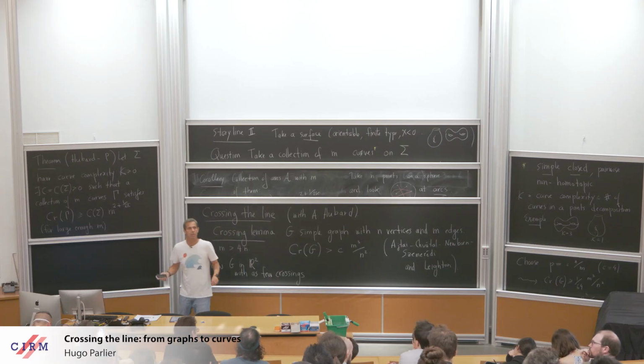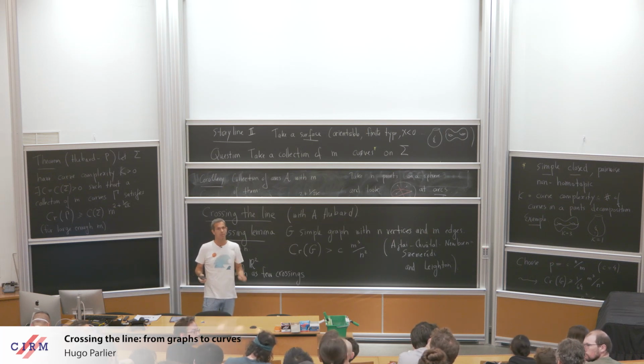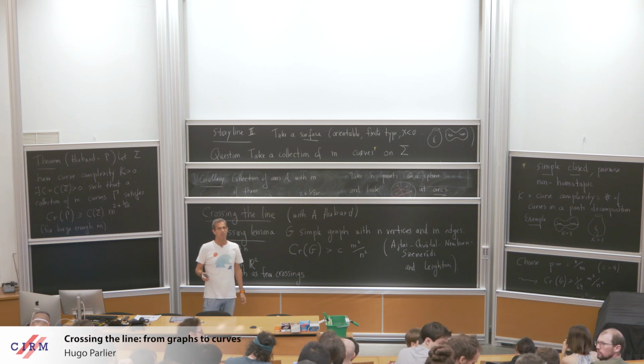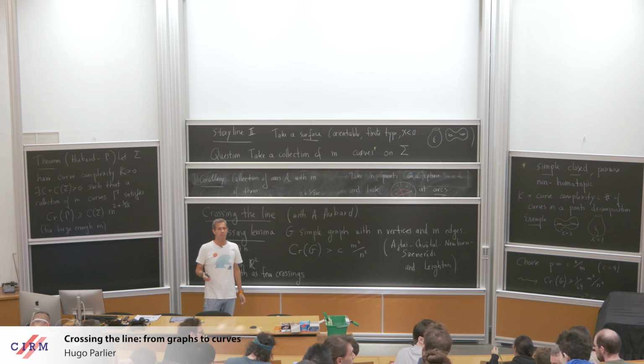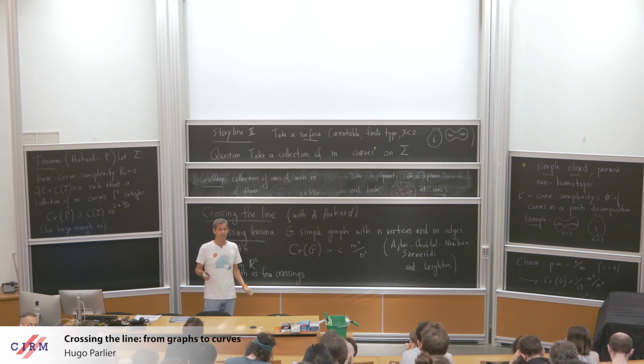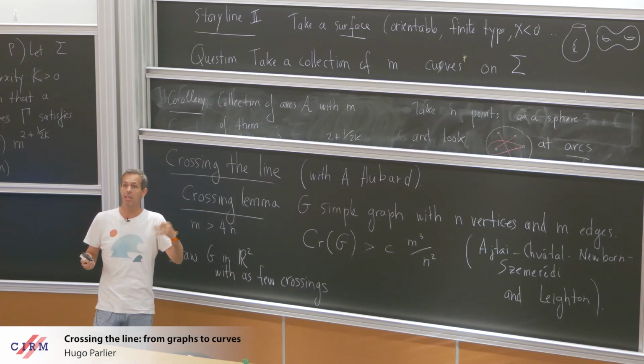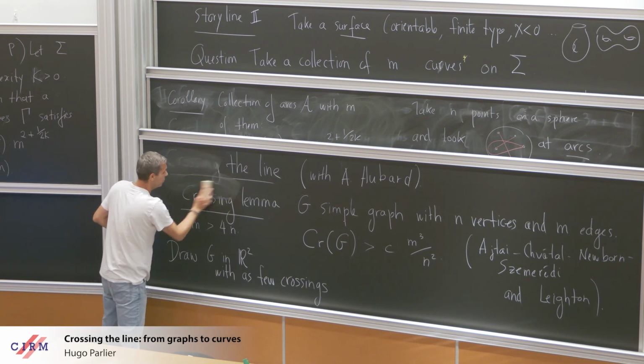Yeah? So you can interpret your corollary as a different inequality for the crossing lemma. Which one is better, yours or the previous one? Well, it depends on what you mean. The inequality that we have works for m going to infinity and n fixed. So this is really the main point, that they're not actually related in some sense, because what I'm talking about is the asymptotics as m goes to infinity, whereas for the crossing lemma you can never get beyond n squared. So the answer is that, in fact, they're not related.